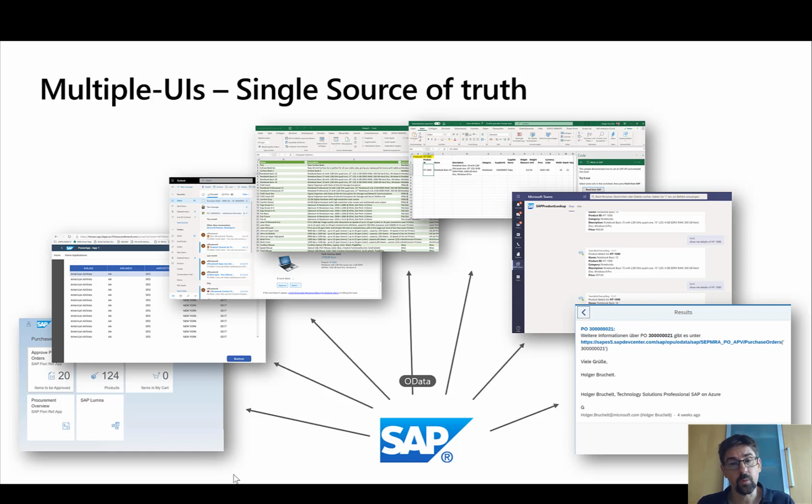With the use of OData and looking at all these SAP Fiori applications, there are a lot of scenarios where you don't even need to change anything in the backend, where you can just leverage existing OData services, and instead of, or in addition to showing the information in the SAP Fiori user interface, you can also expose this data in other user interfaces. So most of the demos that I'll do are easily reproducible. So just give it a try.